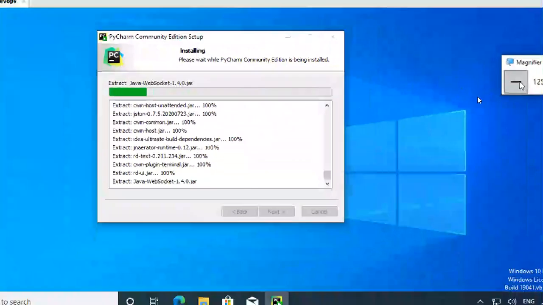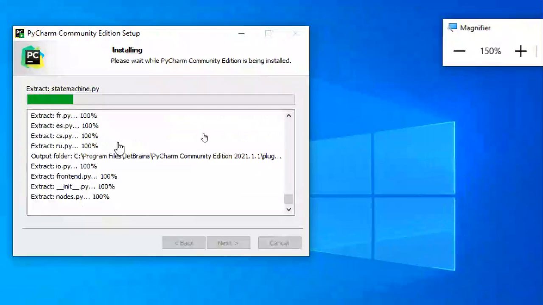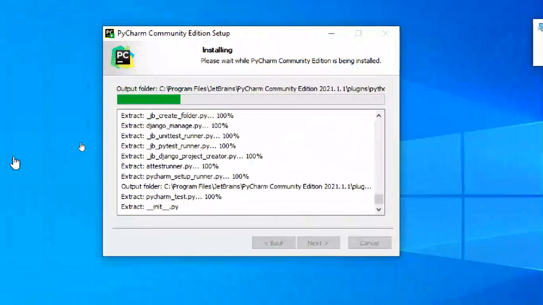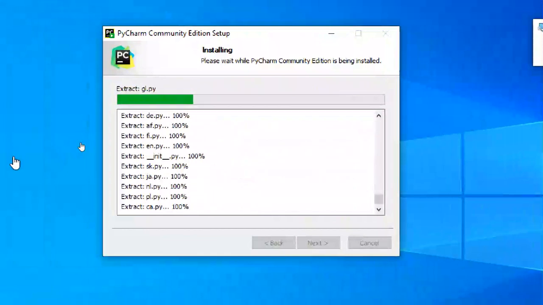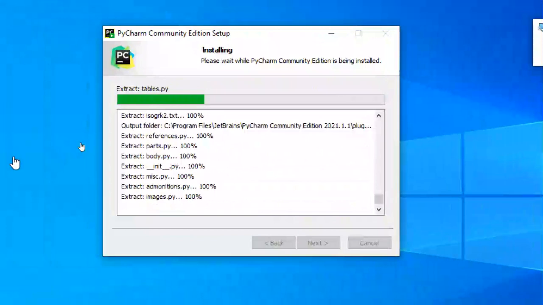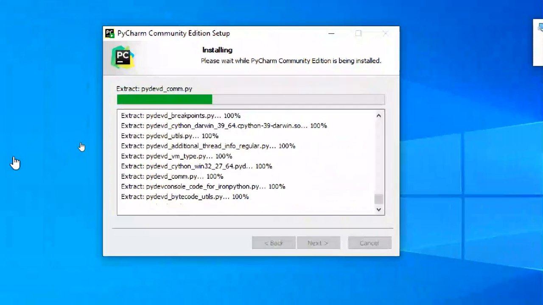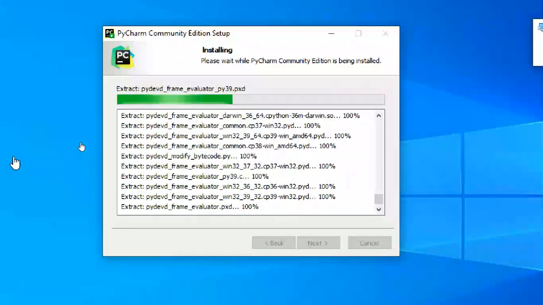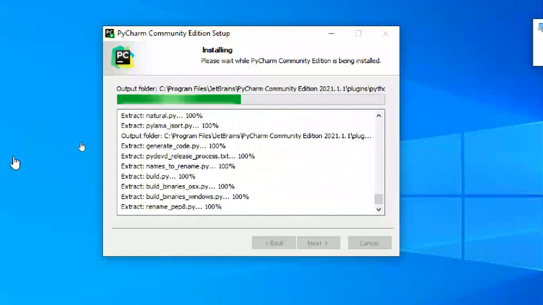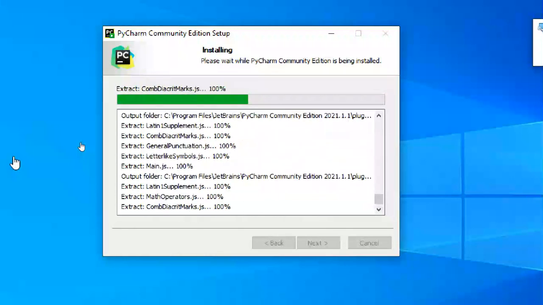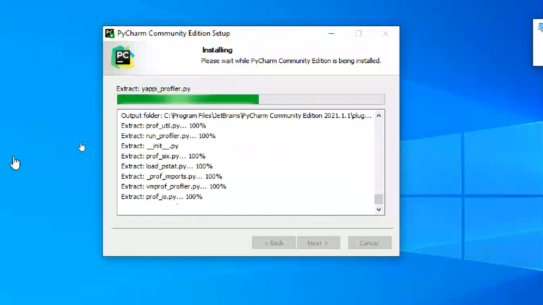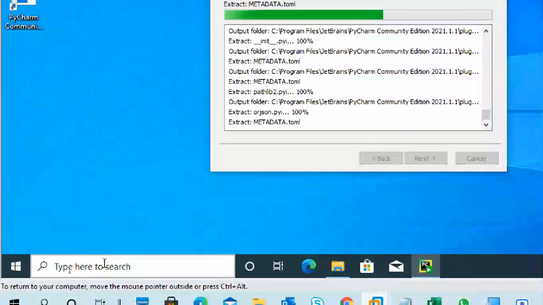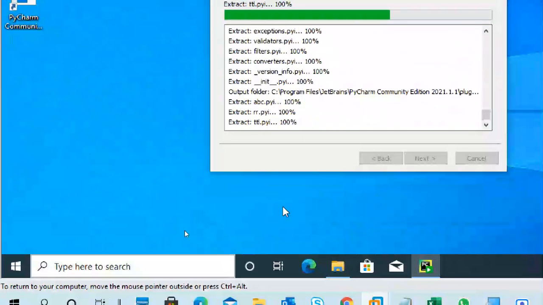This is an application built on Java, so JDK should compulsorily be installed, otherwise it throws an error. Second, if you install PyCharm without installing Python, you can open PyCharm, create a Python file and try to execute Python code, and immediately it will throw an error. So two things are important: you have to install Python and make sure the Python environment variables are created. Two things you have to add to the path, in the system variable Path.